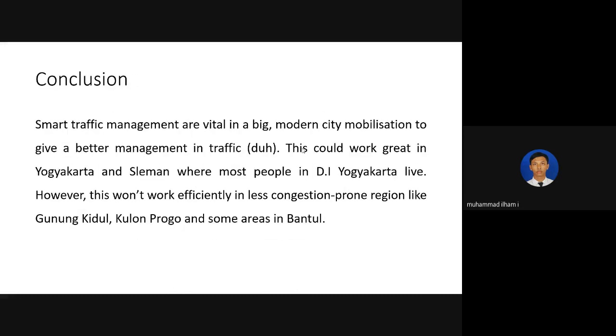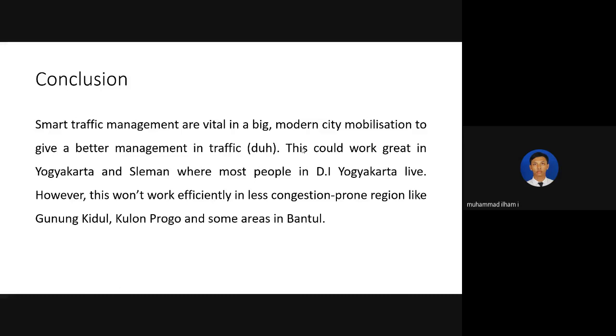And the conclusion is that these smart traffic management systems are vital in a big modern city's mobilization to give better traffic management. This could work great in Yogyakarta and Sleman, where most people live in the special region of Yogyakarta.